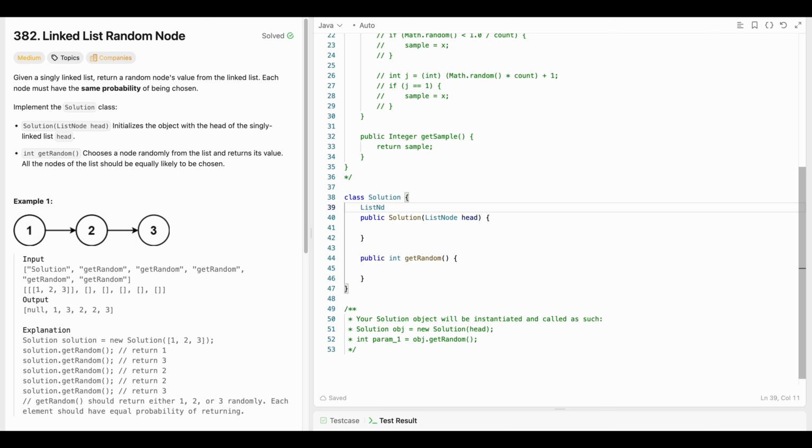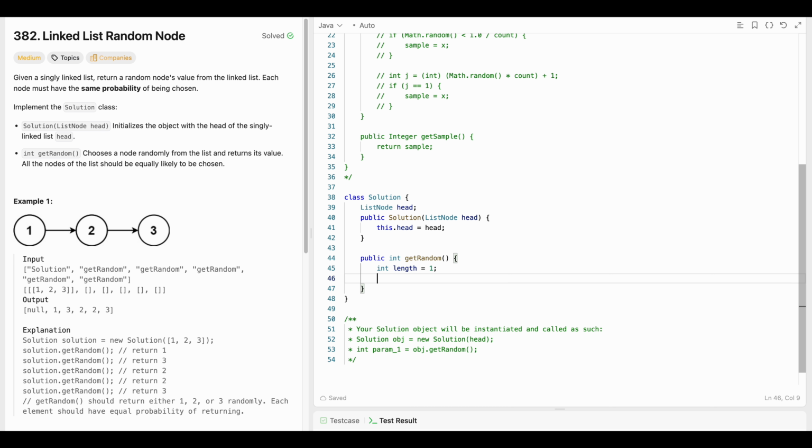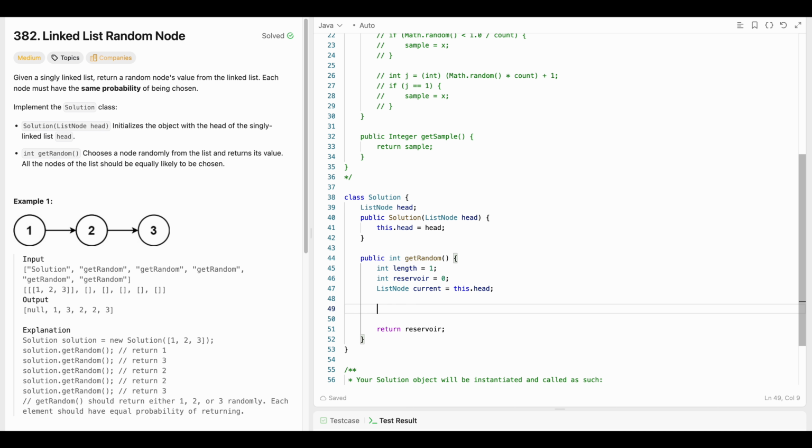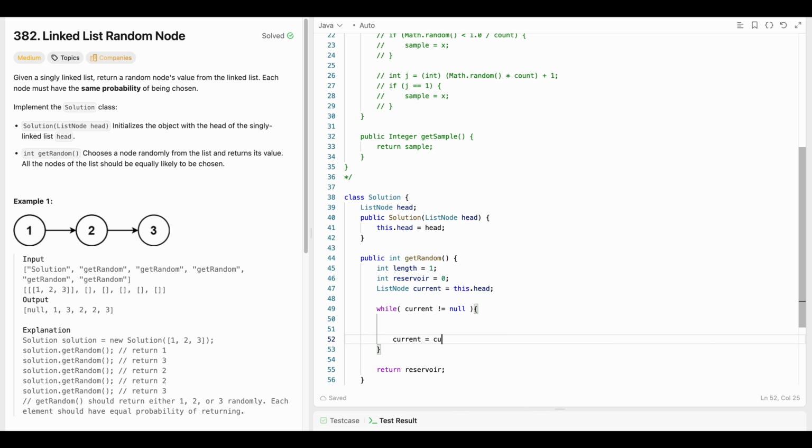So initially I can define the head of the linked list and set this.head equal to head, and inside my getRandom I can create a length variable and a reservoir value. Let's set it as 0. At the end I have to return this reservoir, and we have to iterate over the linked list. So ListNode current will be equal to this.head. For iterating, we're going to need a while loop. So while current is not equal to null, at the end I have to do current equal to current.next